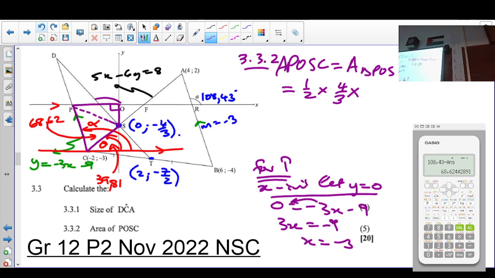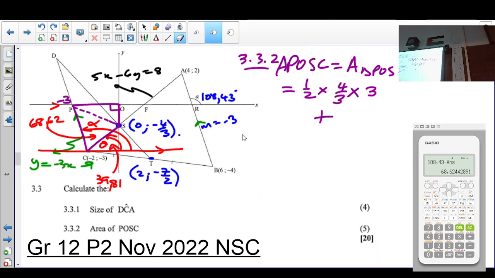So what is the length of OP? 3 units. It can't be negative 3. Why? Because our length is never negative. So this is going to be 3 plus. Now we're going to look at the other triangle. Looking at this triangle here,